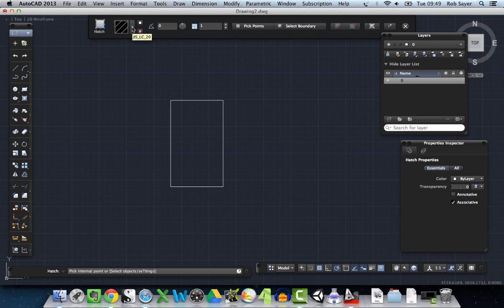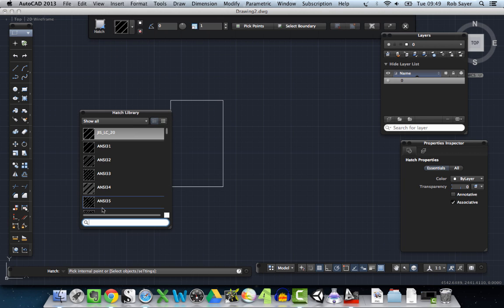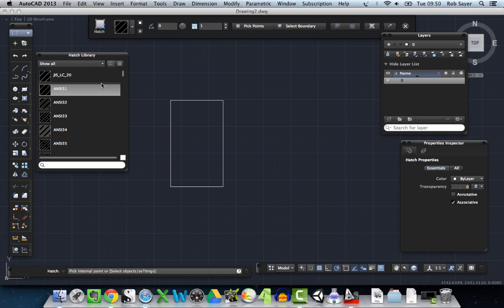Before you do that, you can also go to the top of the screen and choose your hatch type. You can look through all the different types here. There's some fancy ones. You can also have custom ones as well. So we'll just pick a straight diagonal hatch. And then once we've picked that, we can just click in the middle of